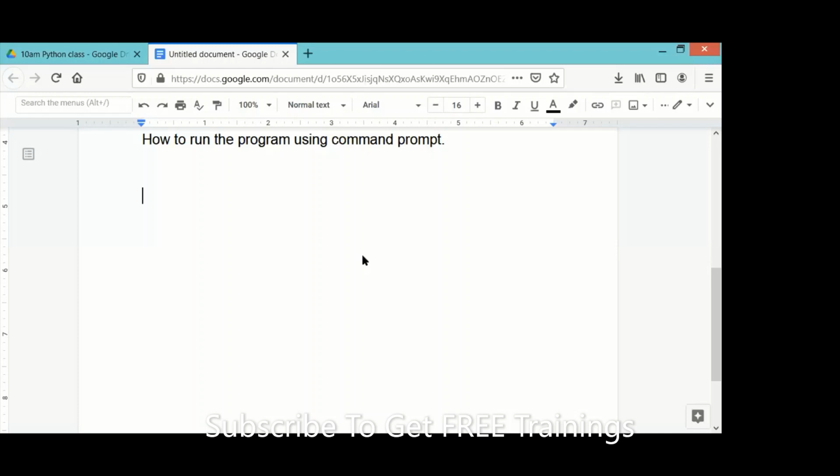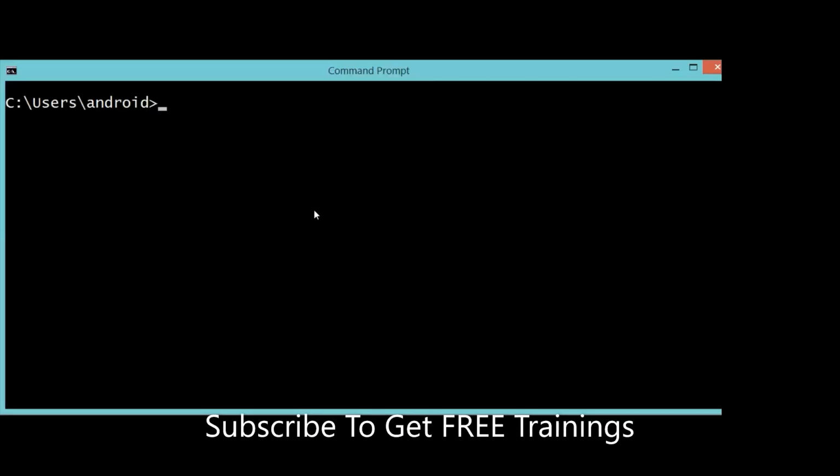Sure. Now I'm sharing the command prompt with you guys. The modification I did is, just observe. This is my command prompt, everyone.